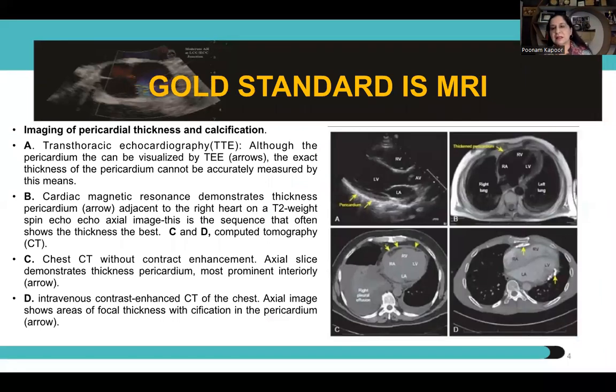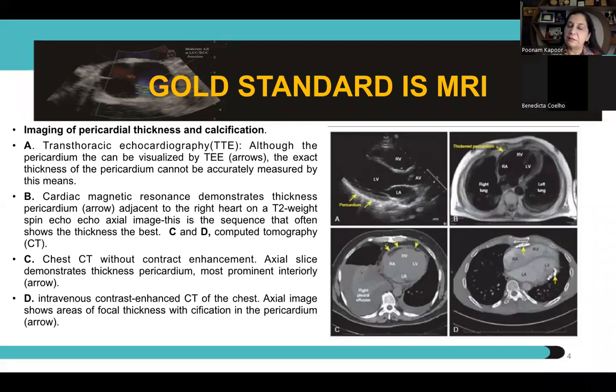Now, as I was saying, it is not just the transthoracic, but even the transesophageal echo, which will give this, as we see in panel A, the thickening structure of the pericardium in the RV free wall or in the LV free wall. And this is what we see in the first view here, which shows the aortic valve as well as the LVOT with the RV above and the LA below, RA above and the LA below in the parasternal short axis view. This is the long axis view,